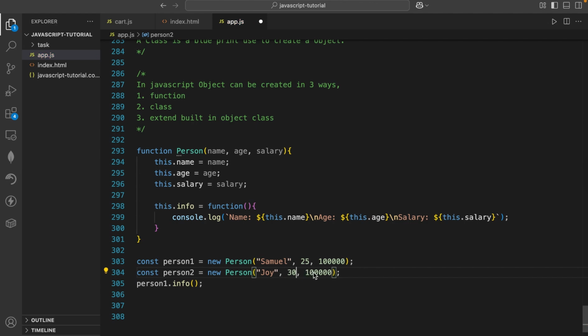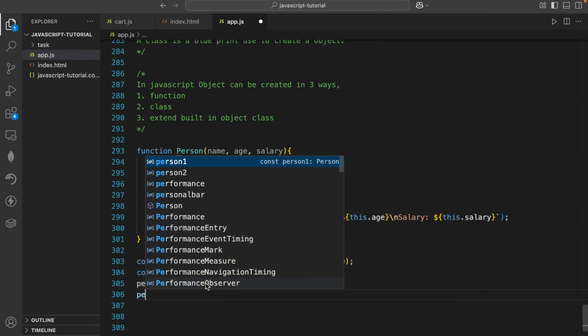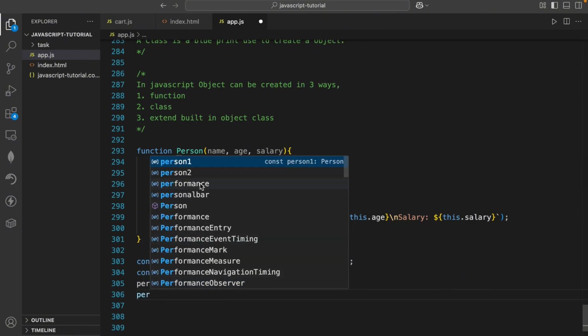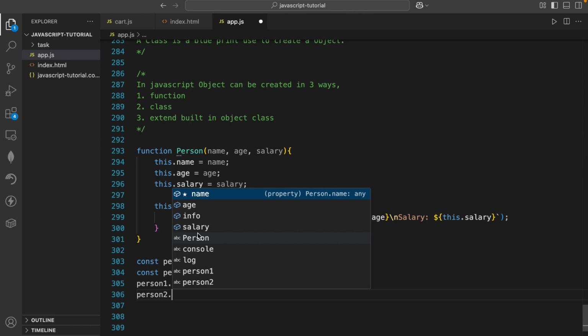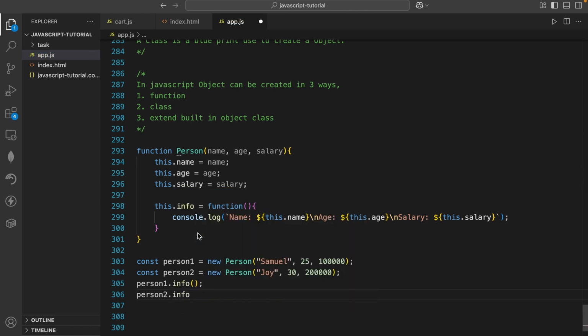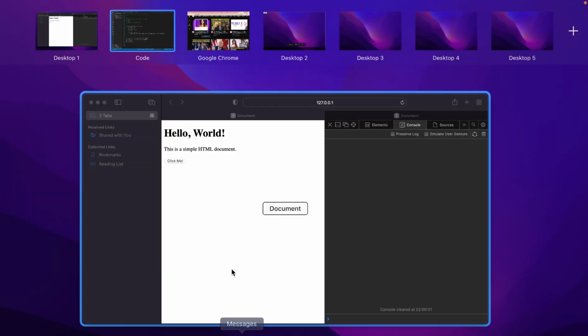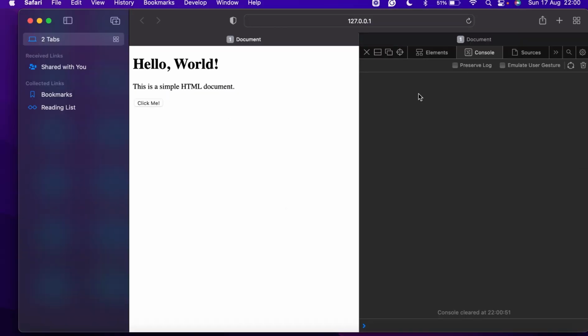So 30, then salary is 200, right? So if I do this, all I have to do is come here and say person 2, and then dot info. So the information part is what I'm interested in. So I'll call it like this. So I'll say save. Then if we go to the browser here and refresh the page,